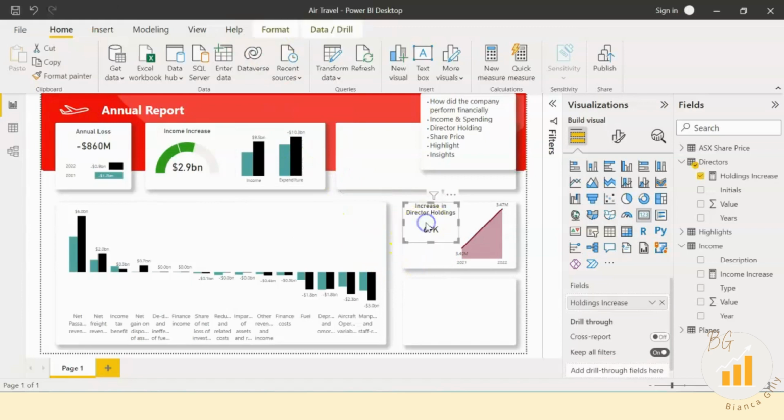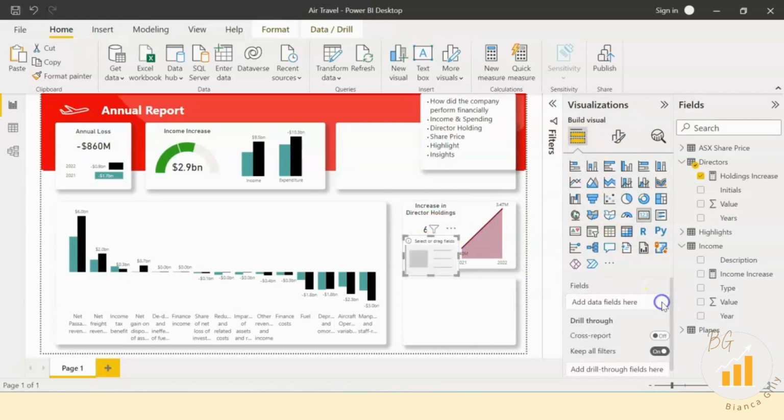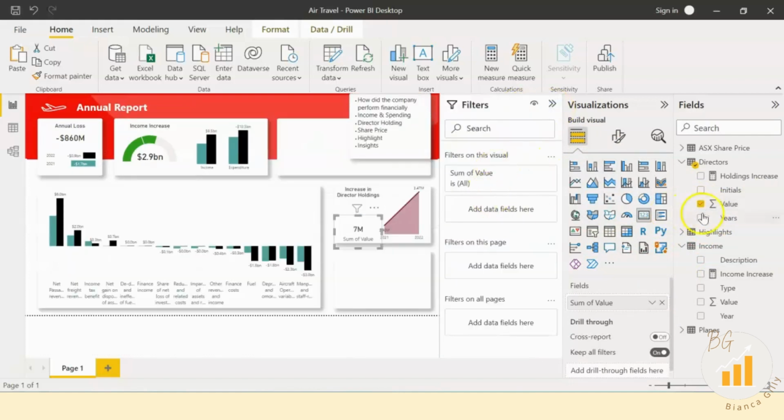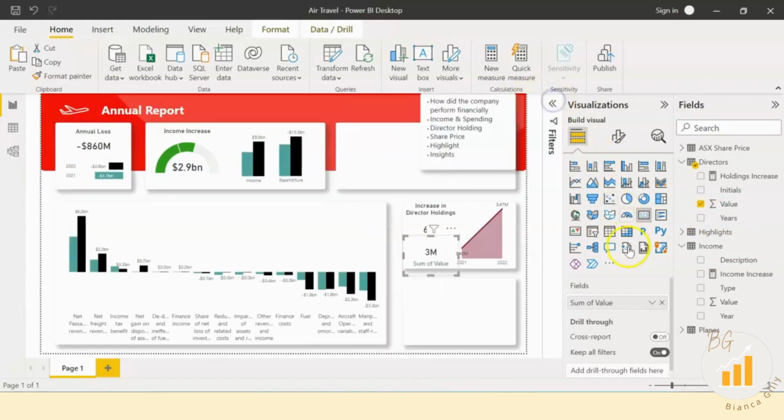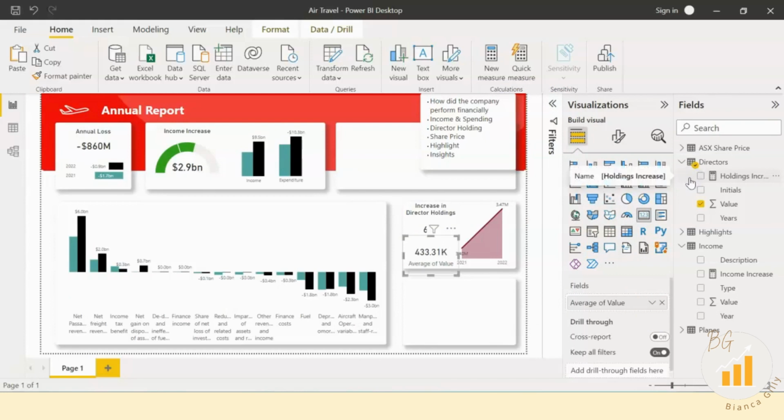So, create a new data card. So copy that one to start with. We might not have the title there. We'll probably have our value below it. And this time we're going to be doing the average holdings. So we will do the value. Now we just want the holdings for 2022, so we'll filter out 21 there. So 3 million is how many there is, and we'll say the average. So there we go,